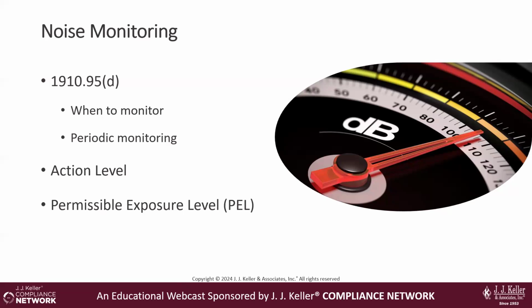Noise monitoring must be performed during a typical work situation. OSHA's requirement is performance oriented, so it allows employers to choose the monitoring method that best suits each individual situation. Now, periodic monitoring is required anytime there are changes in production, a process, or controls that may potentially increase the noise exposure. So some employers implement a schedule for periodic monitoring so they can maintain focus on any changes in